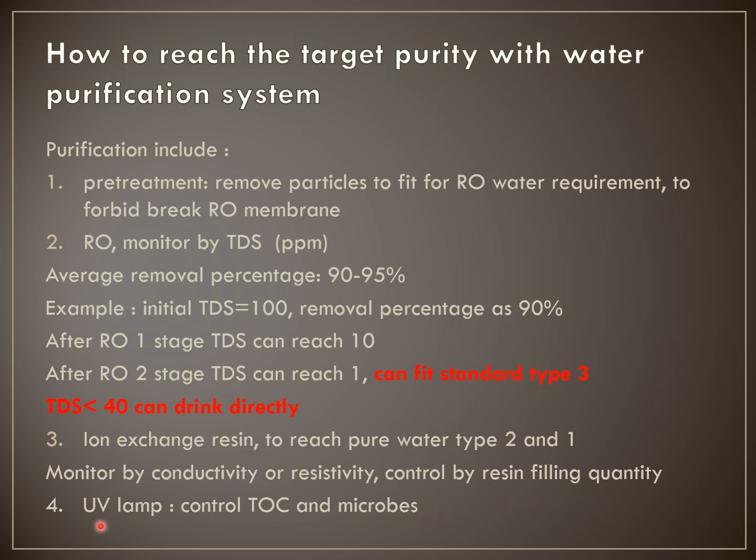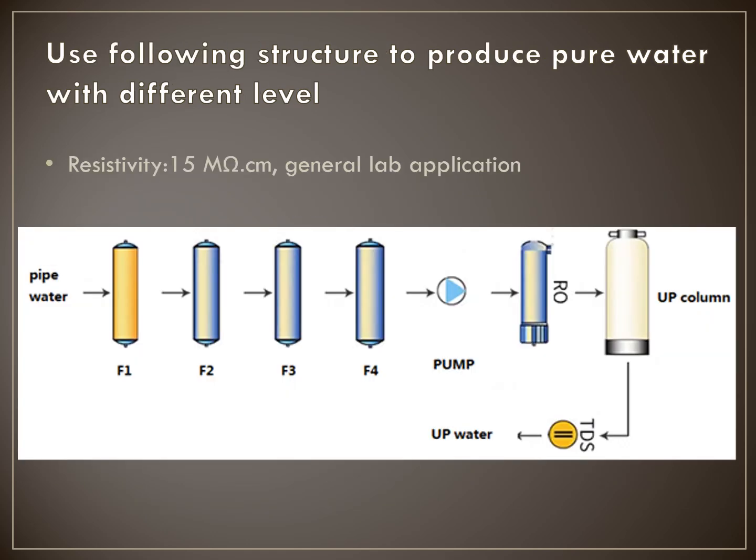Then if you have a requirement for bacteria, pay attention: there should be a UV lamp installed, either 1 or 2, and what is the wavelength of the UV lamp installed? Is there any dual wavelength range of the UV lamp installed to fit your TOC and microbe requirements? Following are several recommendations for our installation apparatus based on the water purity